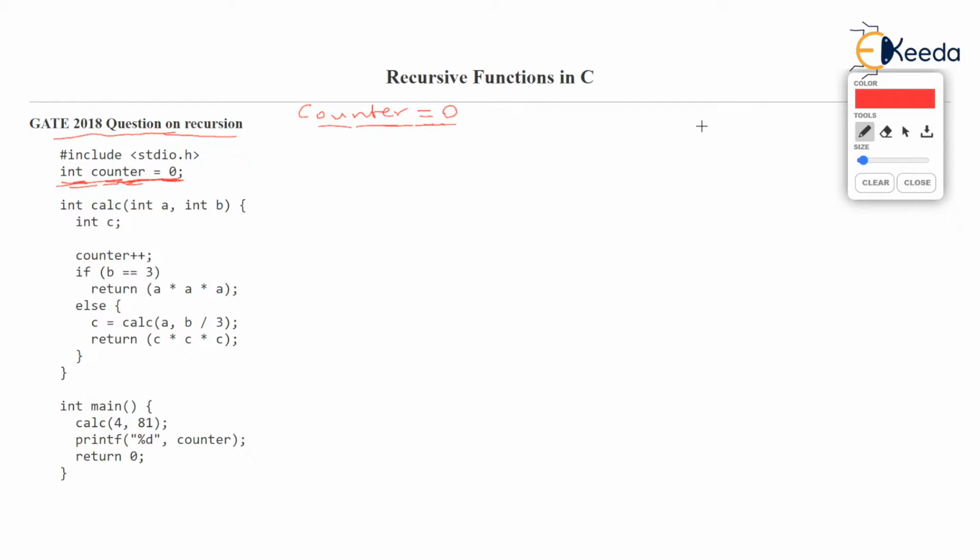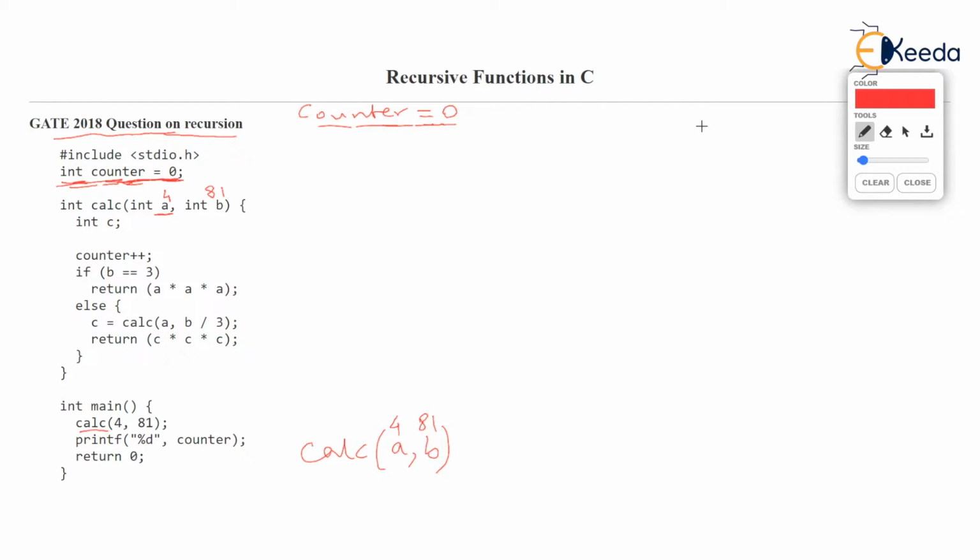Now the question asked in the GATE was, what is the output of this? I have not shown the options because anyway we have to scan this program and see what is the output, and we will be correct obviously. So let's start tracing the program from main. In main there is a function called calc, and calc is called by passing 4 and 81. Now 4 goes in A, first parameter 4 will go in A, and second parameter 81 will go in B. So we will work out with this function as usual, showing that calc is running with A comma B, the two parameters, but A being 4 and B being 81.